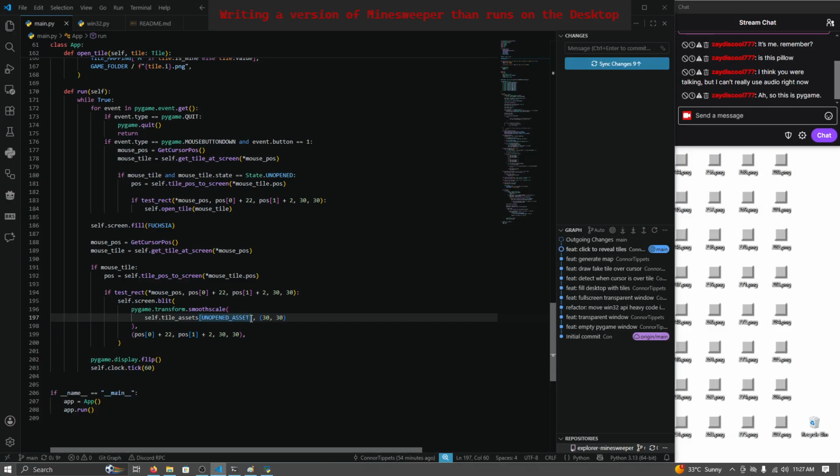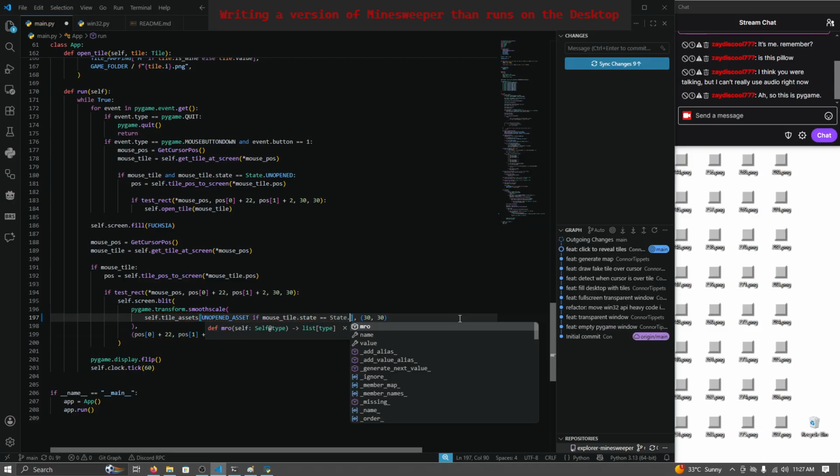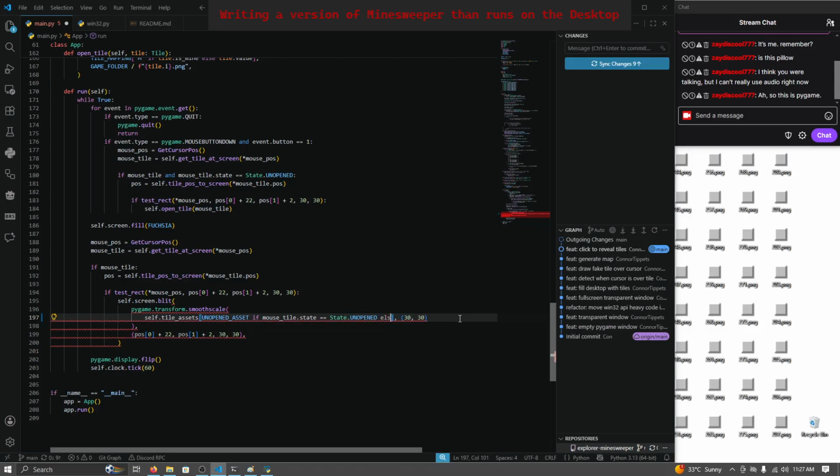This will probably be unopened asset if mouse tile dot state equals state dot unopened. Otherwise, then we want to get, well,